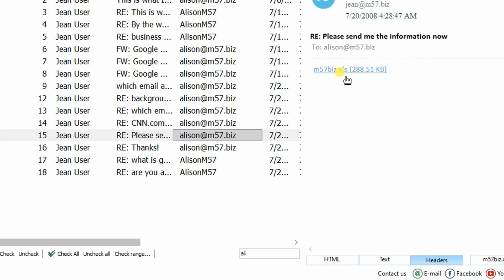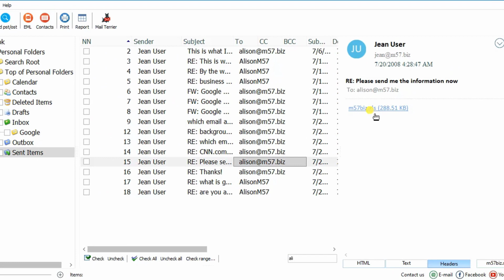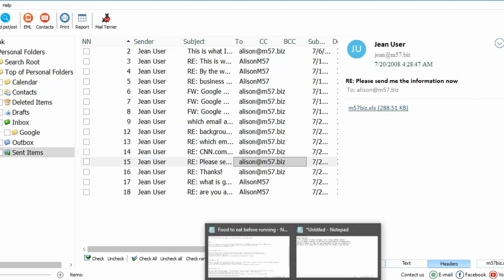So here what we can prove is that it's true. Jean shared a spreadsheet of employees to Alson, but why is Alson the CEO denying it? Let me give you a concept of email spoofing, right?